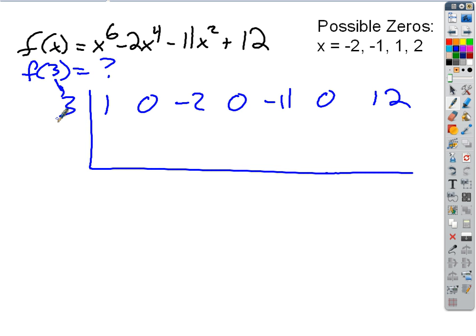You tell me what to do. Yeah. I thought it was -3. No. That's for synthetic division. But now, whatever the value of x that we're plugging in, that's the number that goes out in front for synthetic substitution. Oh, the substitution. Okay, so now we'll bring the 1 down. What goes here? 3. 3, 9, good. 7,